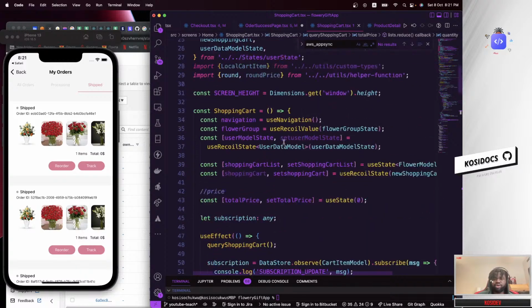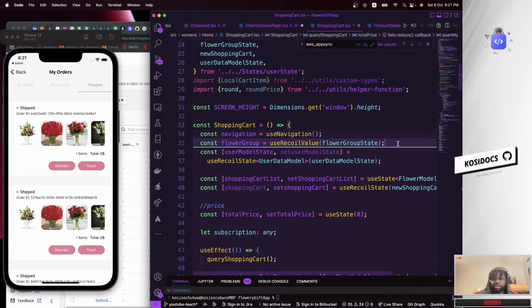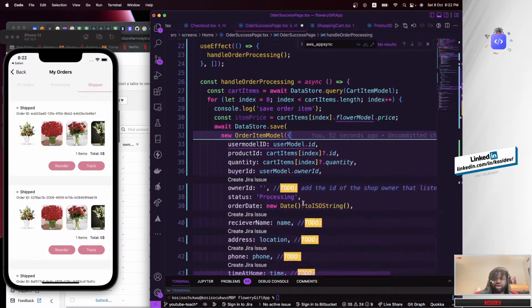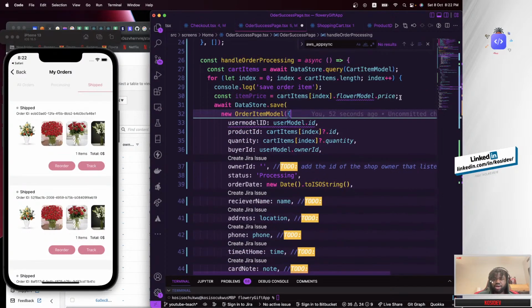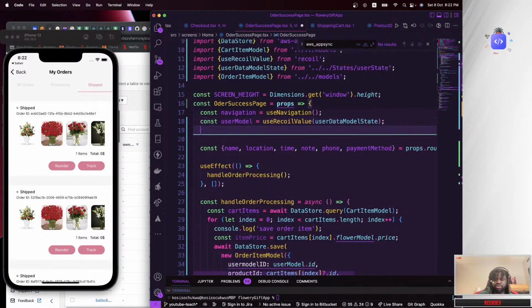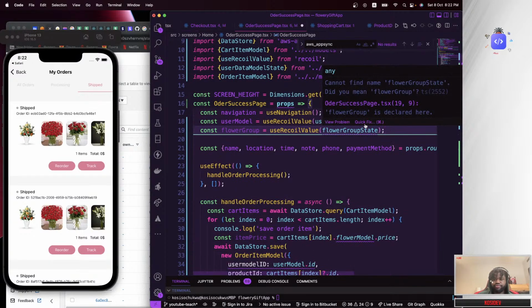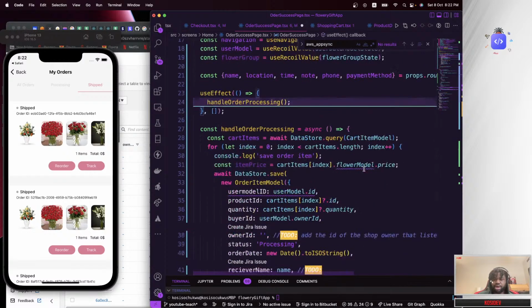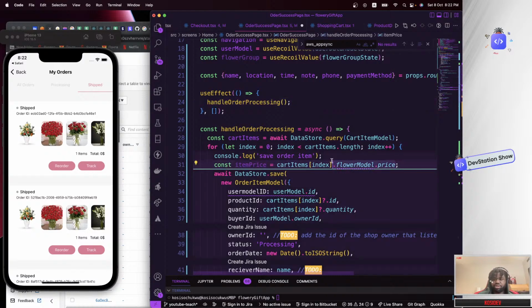So we get hold of our Flowery group states, we should have here. Just copy that over, go to order success page and import that right at the top here. So Flowery group states, import this, and there are some changes we need to make.